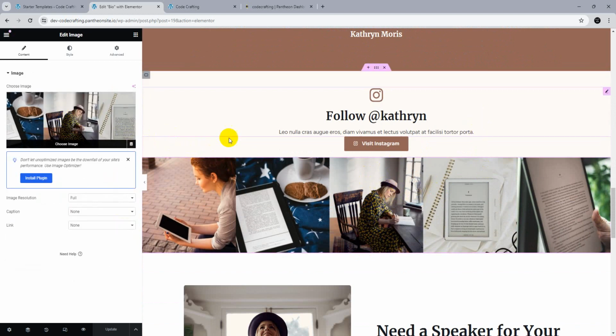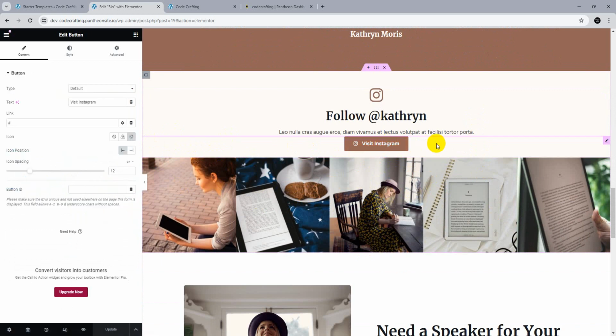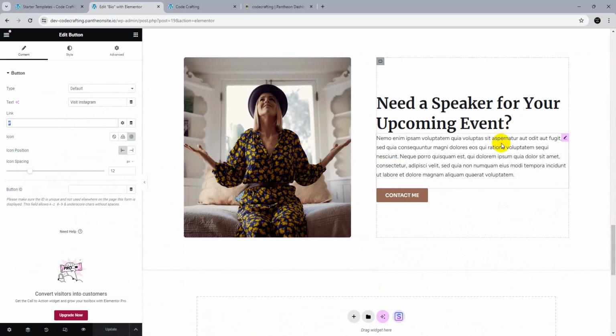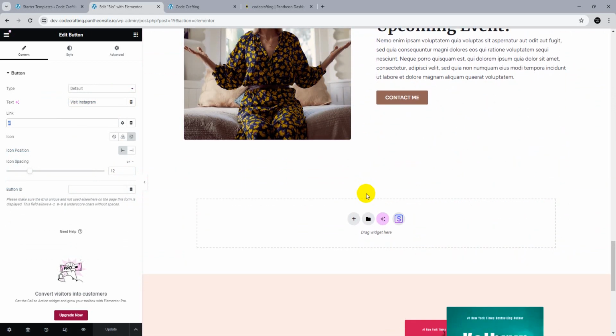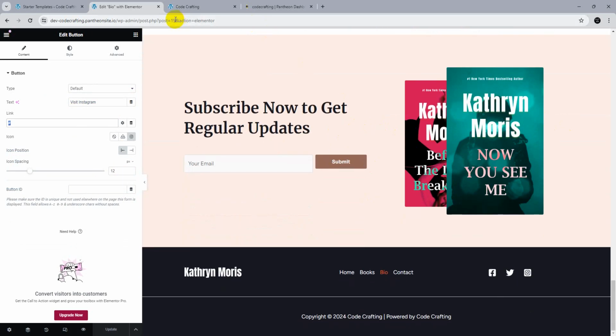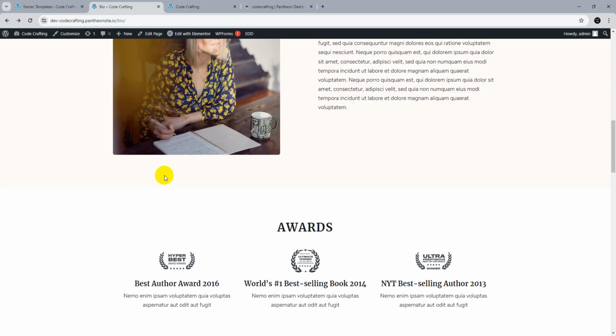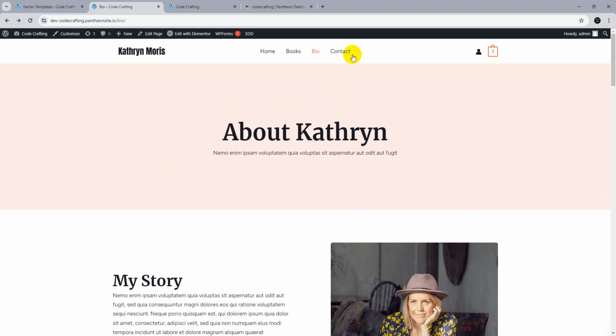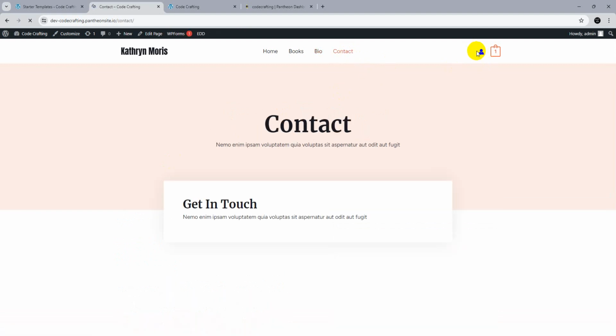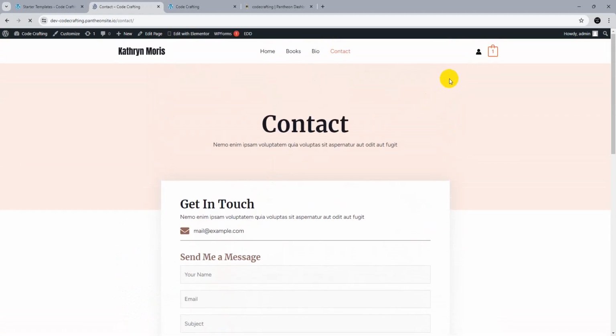If you want to connect your Insta, you can just upload this and add the link of your Instagram here. All this stuff is changeable, so you can change it easily and then update it. Simple. You can also do it with all the other stuff here,